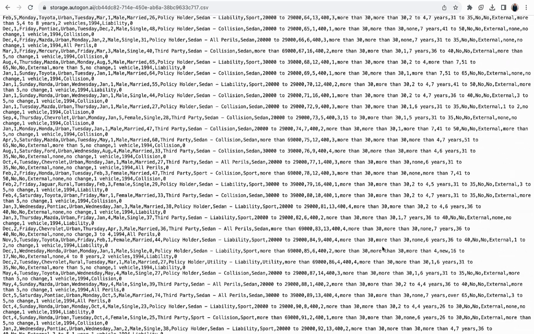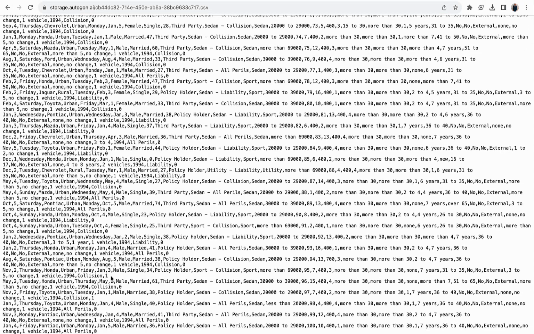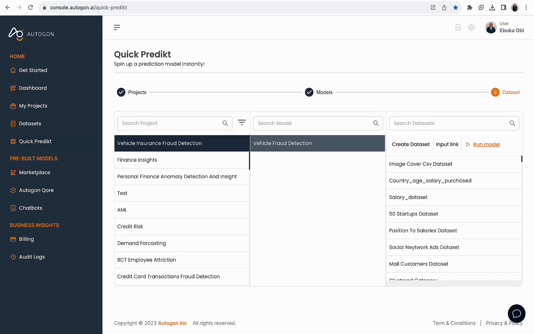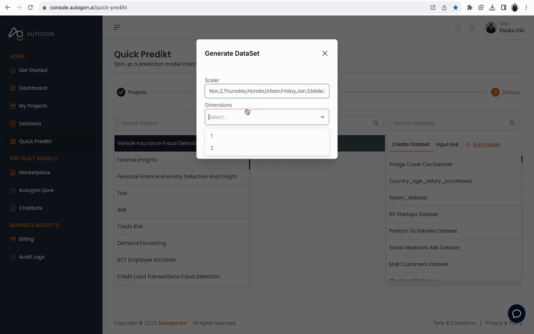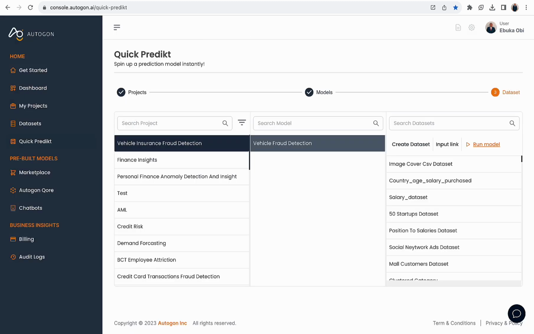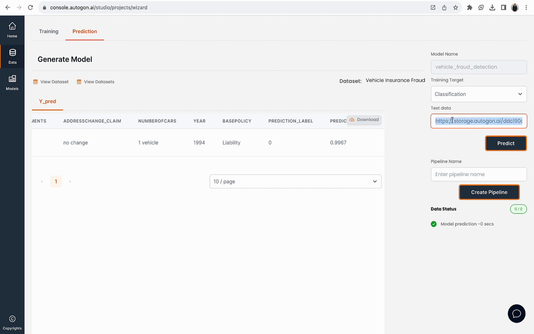So let's look for a sample fraudulent transaction. Yes, so this is a fraudulent transaction. So I'll pick this from here, and I'll go ahead and create a data set from this, and we'll select one dimension, and we'll generate a data set. Beautiful. Copy our data set, and we'll go straight to our test data,